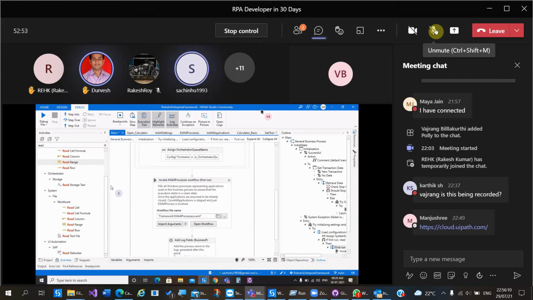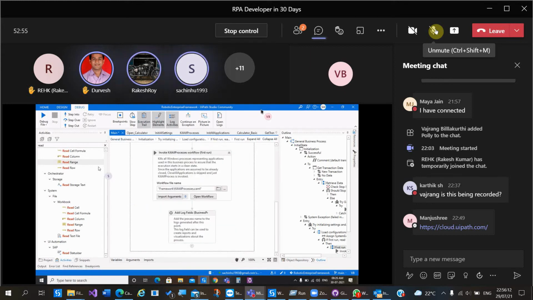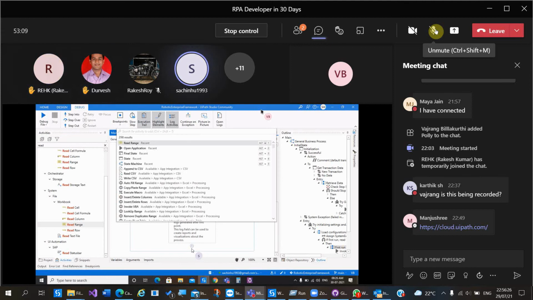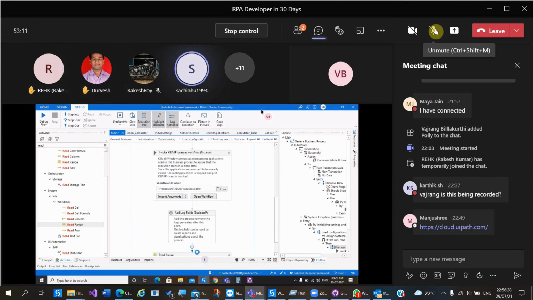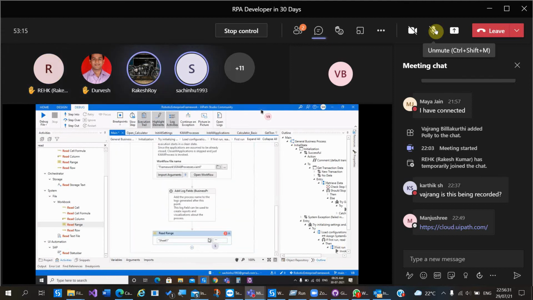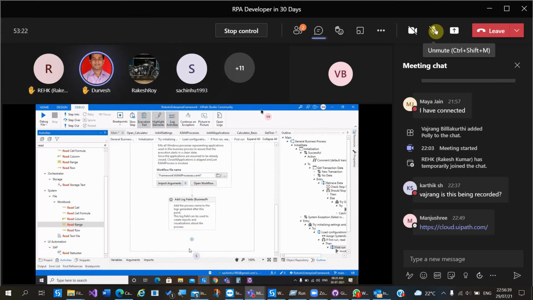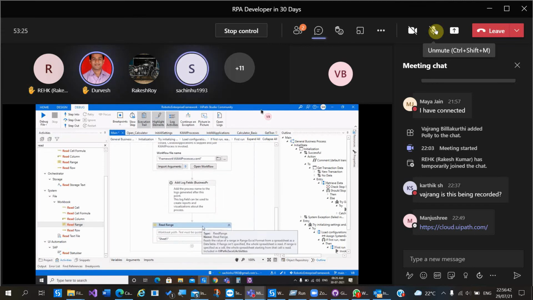See in your activity panel, there is another read range below this. Just drag and drop it. There are two types of read ranges actually. If you are using this read range, you have to use the Excel scope activity.